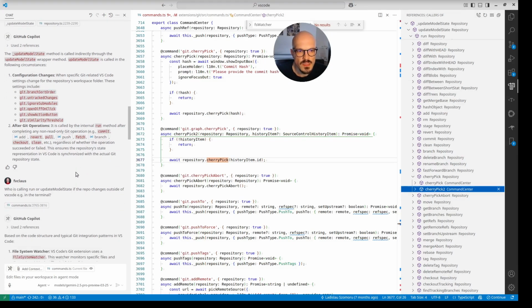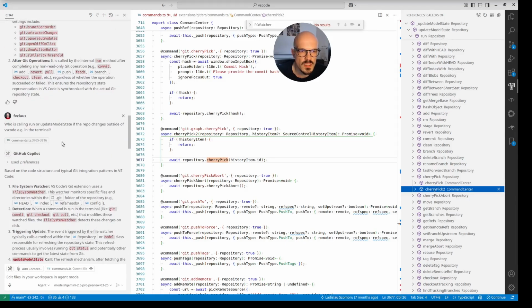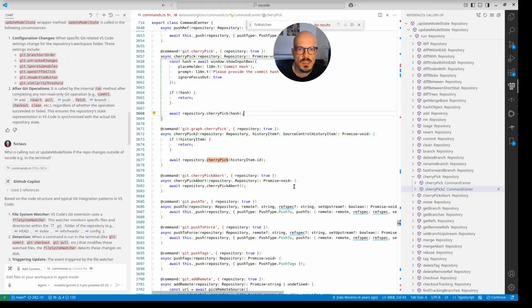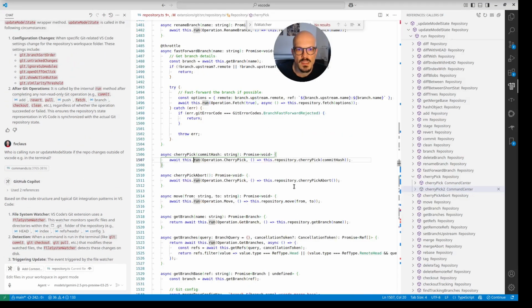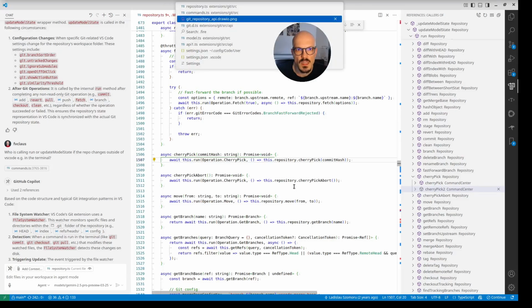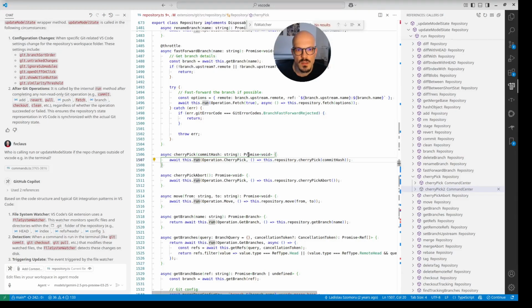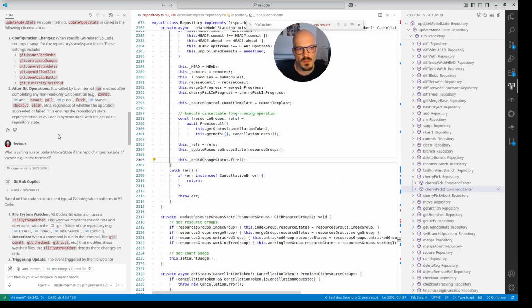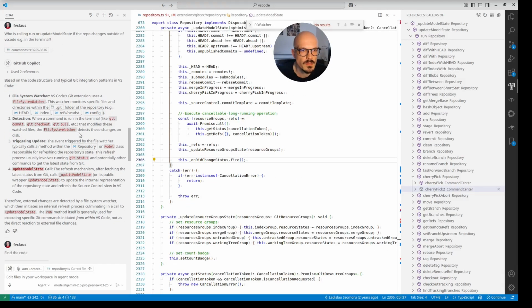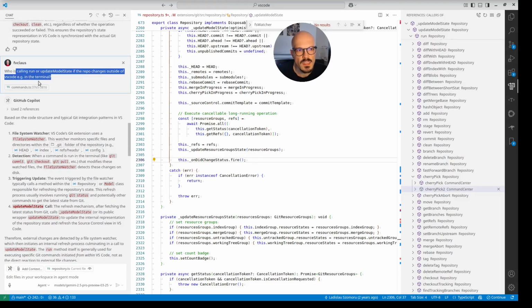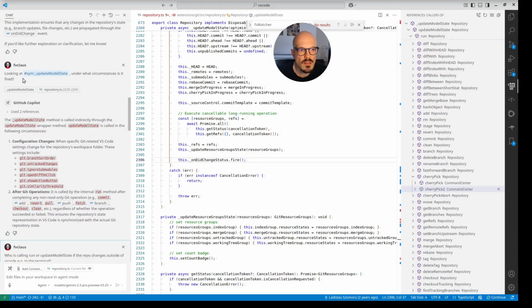What he doesn't tell me is that actually this will only get updated for commands that do some write operations. He doesn't tell me this here, but okay, this is not bad. I'm not sure how much time would be saved here by asking Copilot, but okay. The next question I had, so up until this point now, I think we're done